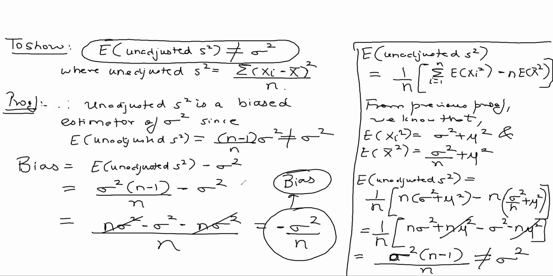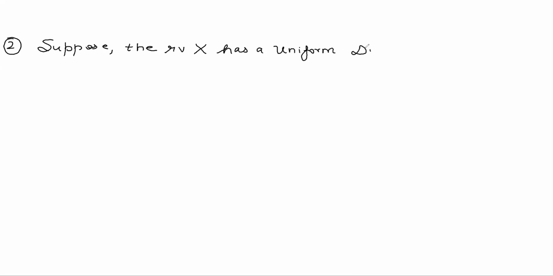So let me write that practice question for you. This is the second question for the day. Suppose the random variable x has a uniform distribution on 0 to theta. Show that